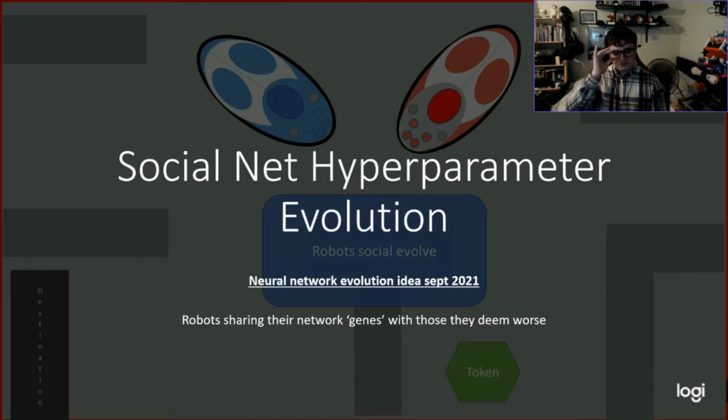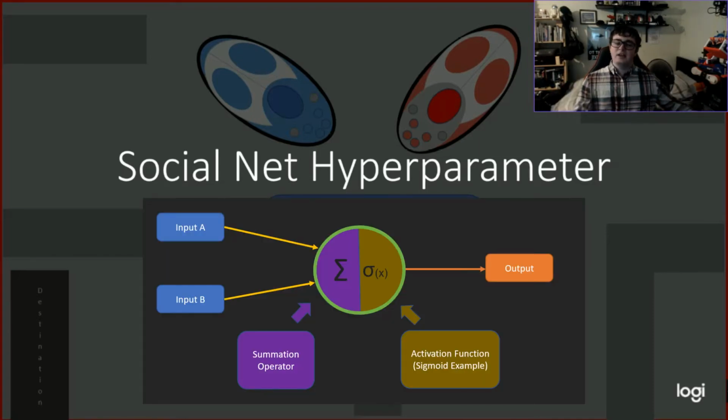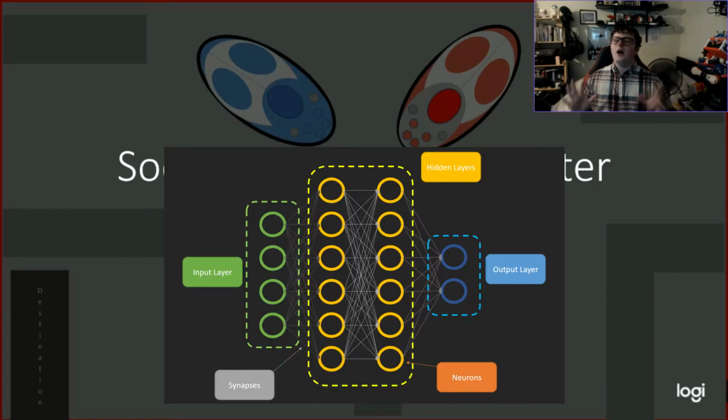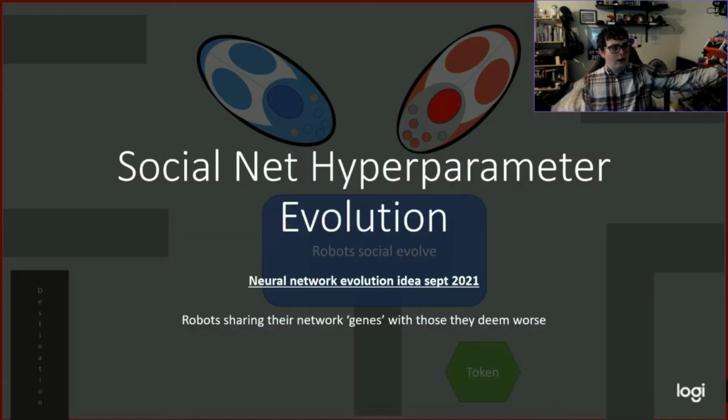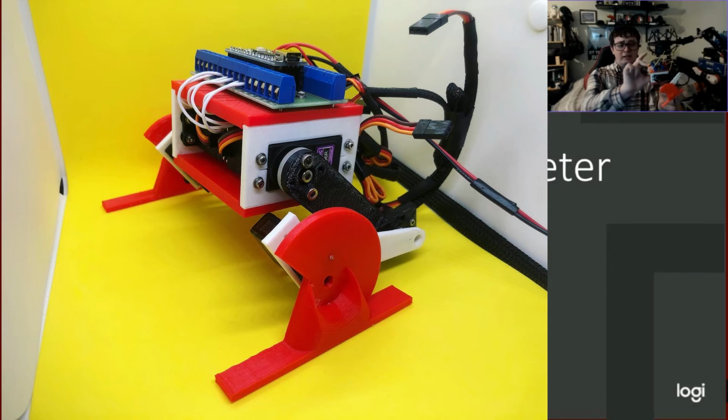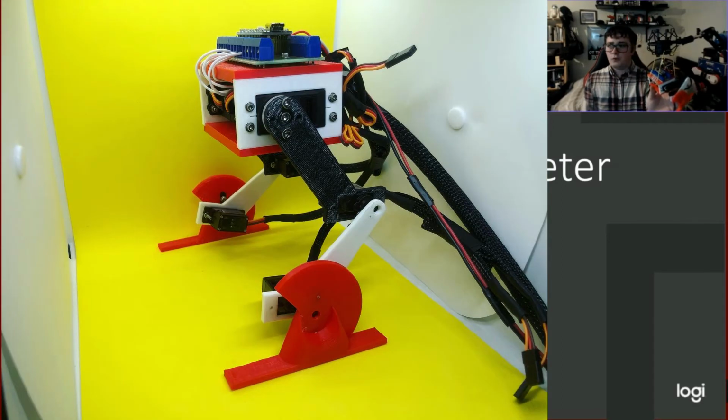I'm still mainly concentrating on one node layer neural networks like perceptrons. I am trying to get into more complex ones, but I want to make sure I fully understand the perceptron, and then the later ones, the higher level, higher layer count multi-neural networks, before I go too far. And that's for stuff like this robot here that you might see dangling down. So this is like a little walking robot I've been working on, and that's kind of more in the software stages now.